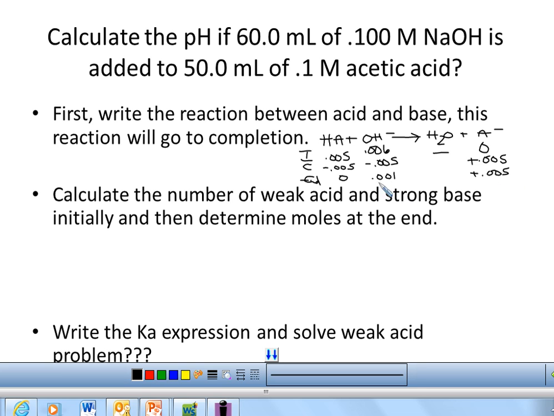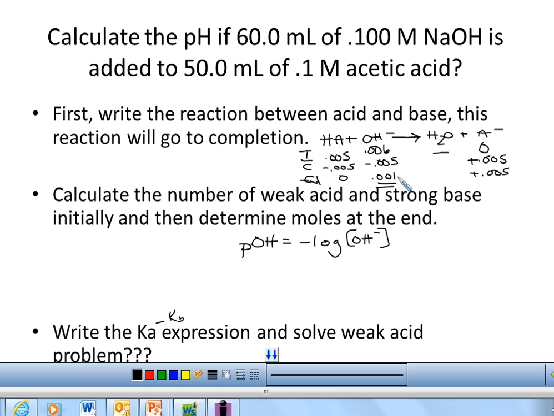So this is what's going to affect the pH. And so now I don't need to write a Ka or a Kb expression because I have strong base in there. And so to finish this off, I know pOH is equal to negative log of the hydroxide ion concentration,